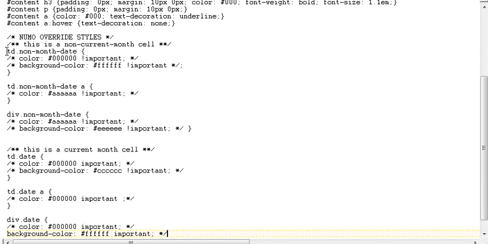In any case, we have here the master cell, the anchor tag, and then at the very top there's also the little slightly gray bar with the actual date within it. That's what the div block is for. So what you have here is a color, which is text color, and a background color. And after each one of them there is a declaration that tells the browser that this is the